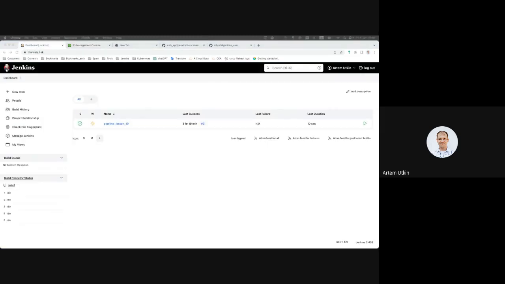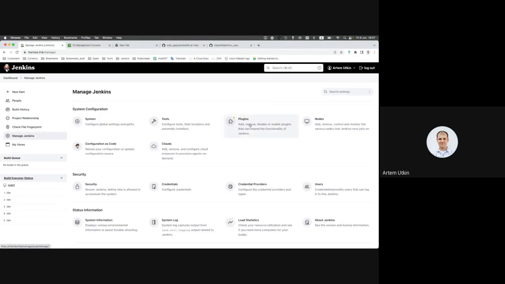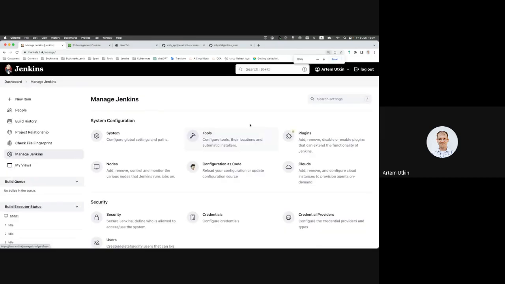So next, now we need to be able to archive our artifacts, which is actually a build result, to the S3 bucket. For this purpose, of course, again we need to install a plugin. Now you know there are several ways to do it. First of all, we can install the plugin from here, but of course we can install it from configuration as code,